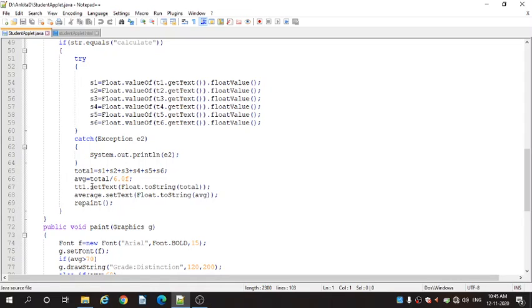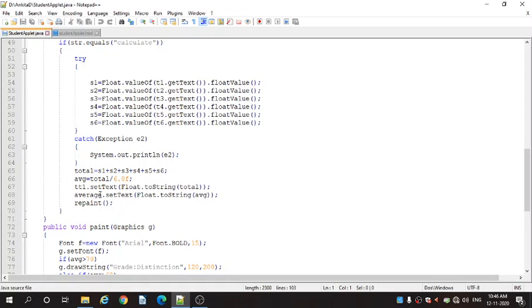After that we are calculating the average, that is average = total / 6.0f, because if we divide by only 6, it will give the value in double format. We need float, so we are adding 6.0f, which gives the average as a float value.